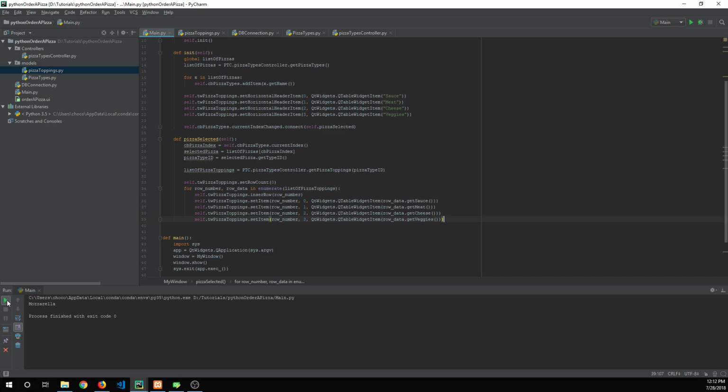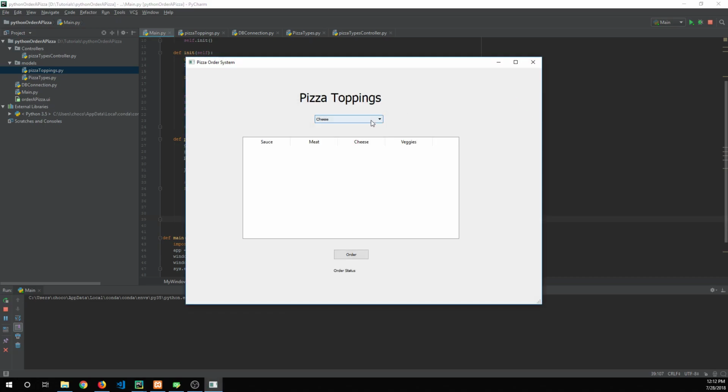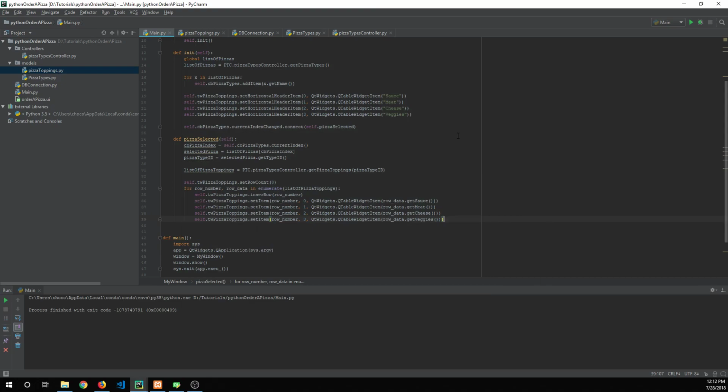So let's test this out. We'll hit play, and then what we'll see here is if we hit, let's say, a pepperoni pizza, okay, so it looks like it crashed, and okay, let's see why. So it crashed, but it didn't tell us why, and it crashed when we changed the index. So one way we can try to